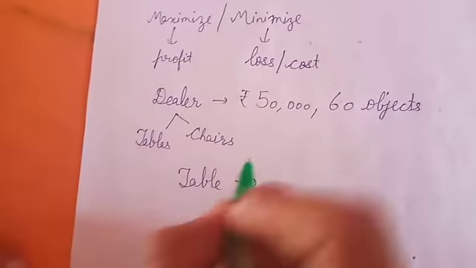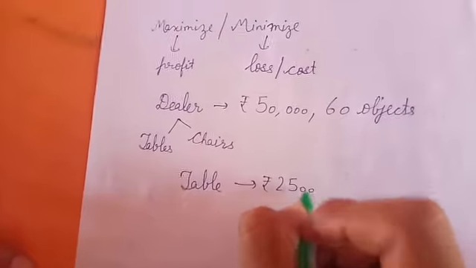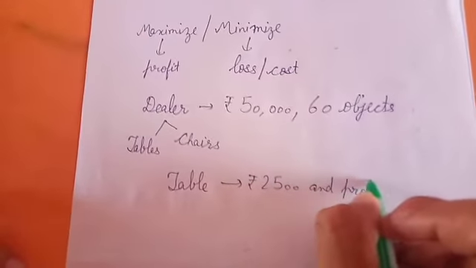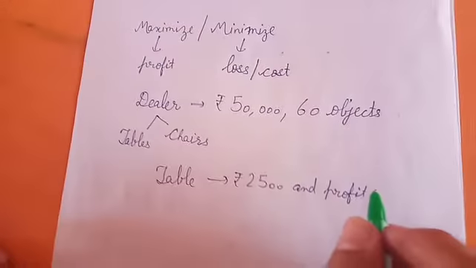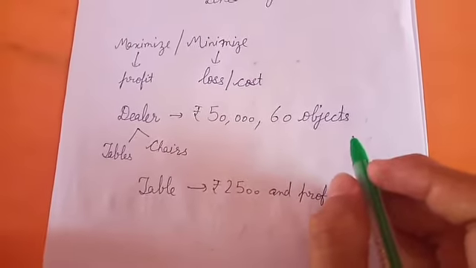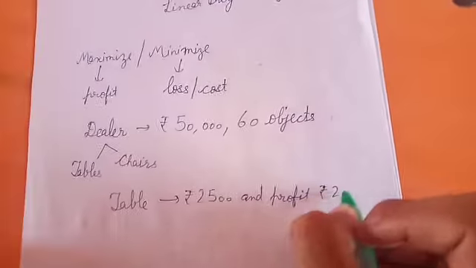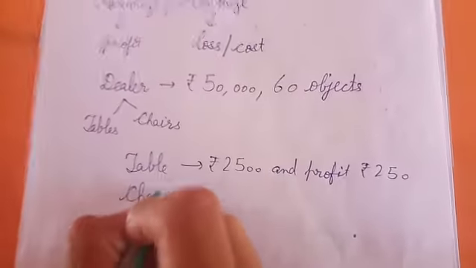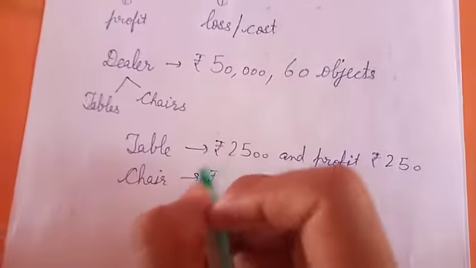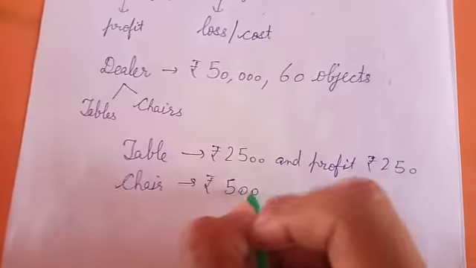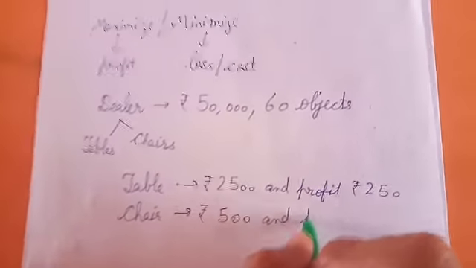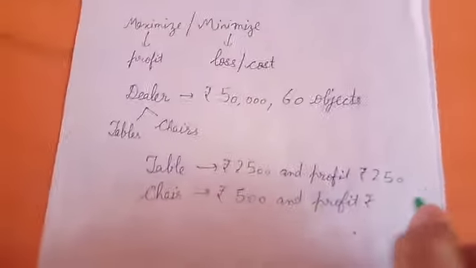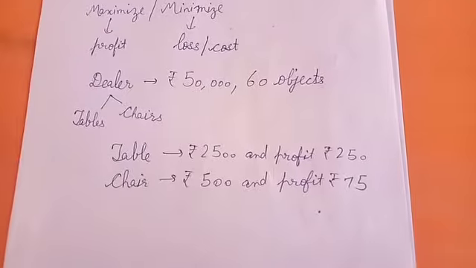and it will be given: table costs rupees 2,500 and profit is of 250 rupees. Okay, similarly chair's price will be given to you, that is rupees 500 we can assume, and its profit is say rupees 75. Okay,